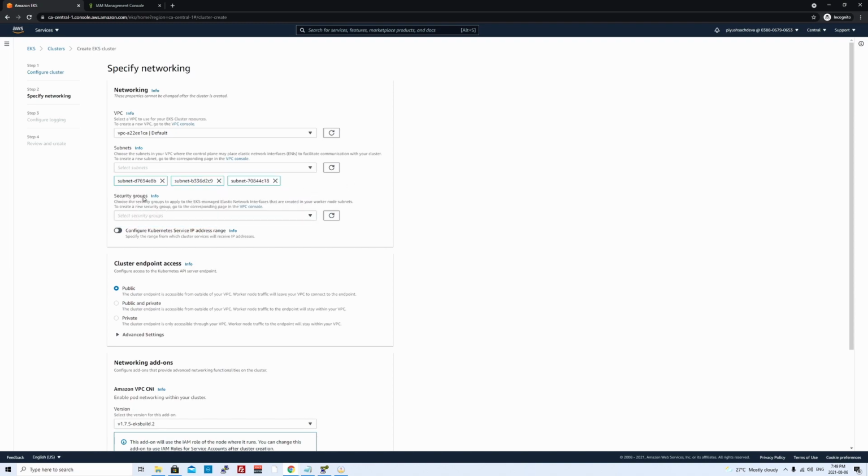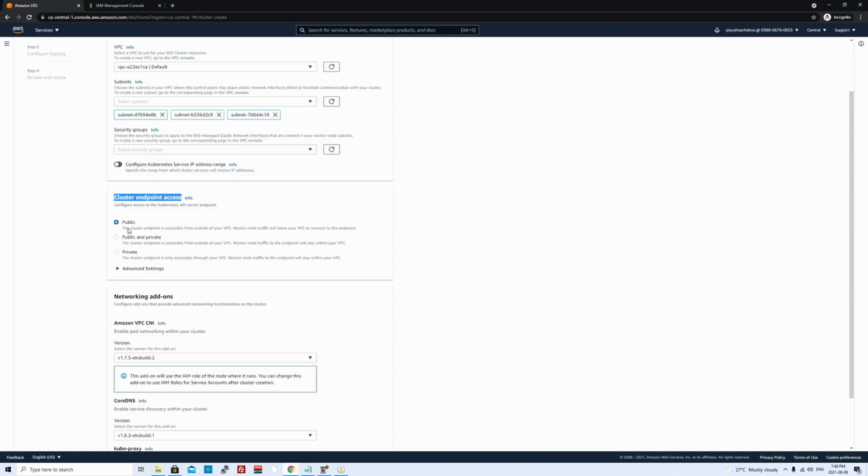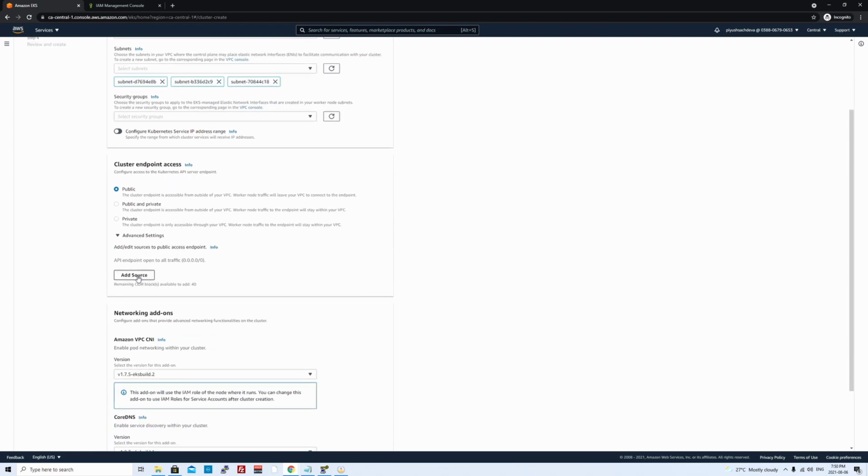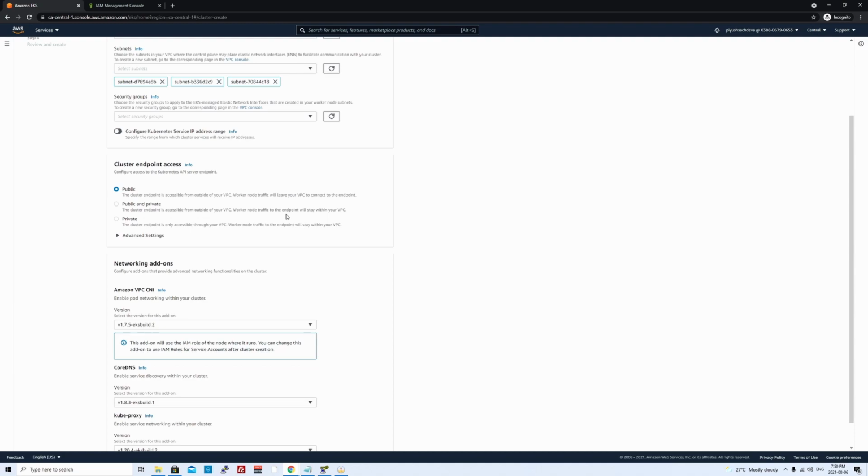Then it's asking for security groups to restrict any access to the network interfaces if you want to restrict it. So I'll just leave it default for now. If you want your API server endpoint accessible over the internet from any source, then you could select public. It is not recommended, but for this demo, I'll select public. But what you can do is you could do it from private, or if you are accessing it from a specific IP range, you select public and from the advanced settings, you put your source over here. It will be just a CIDR range. So I'll just keep it public.